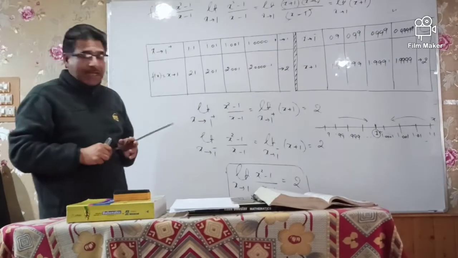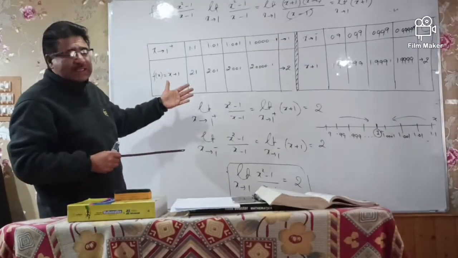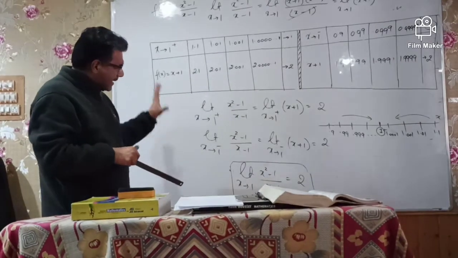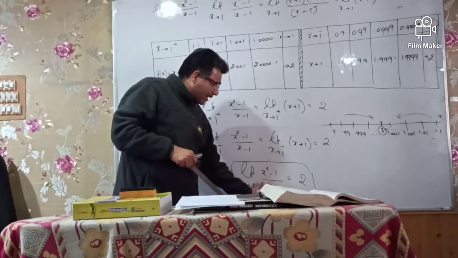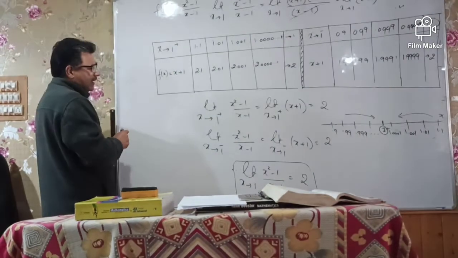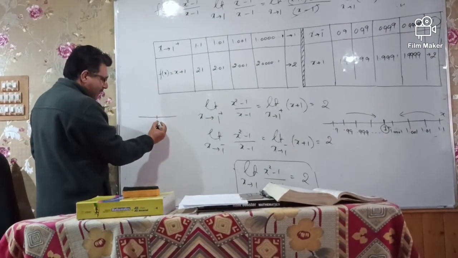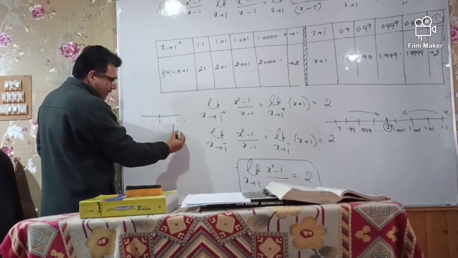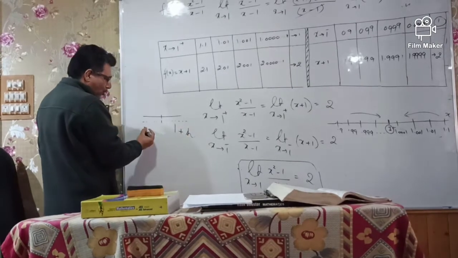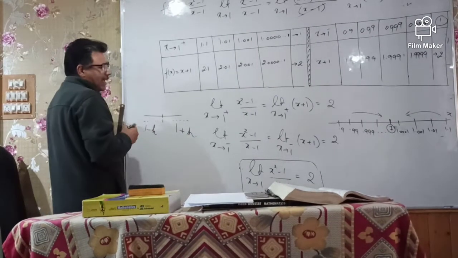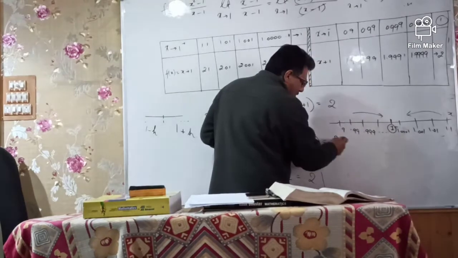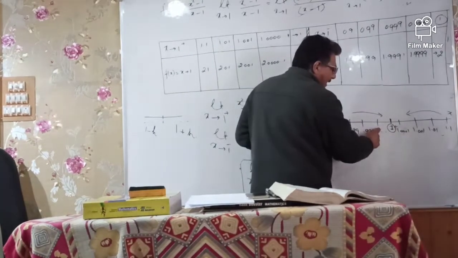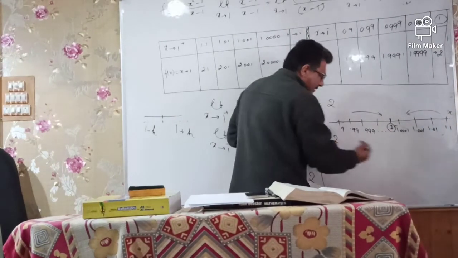अब ये मैंने प्रैक्टिकली दिखाया आपको एक्चुअली होता क्या है, लेकिन अब हम इसको मैथमेटिकली एक्सप्रेस करेंगे। इसी चीज को हम एक शॉर्टकट तरीके से एक्सप्रेस करेंगे कि किस तरह से हम आज के बाद ये लिमिट्स निकालेंगे। लेकिन उसके लिए एक ख्याल रखना है कि अगर लिमिट 1 है, आई कैन पुट दीज वैल्यूज और आई कैन पुट दीज वैल्यूज। ये जो वैल्यूज हैं ये 1 से ज्यादा हैं और ये जो वैल्यूज हैं ये 1 से कम हैं। यानी अगर मुझे 1 की तरफ आना है तो मैं इस रास्ते से भी आ सकता हूँ, इस रास्ते से भी आ सकता हूँ।